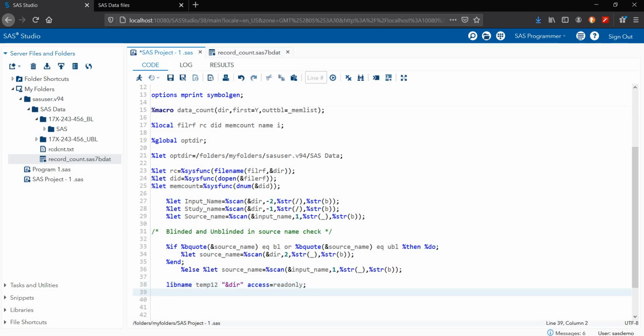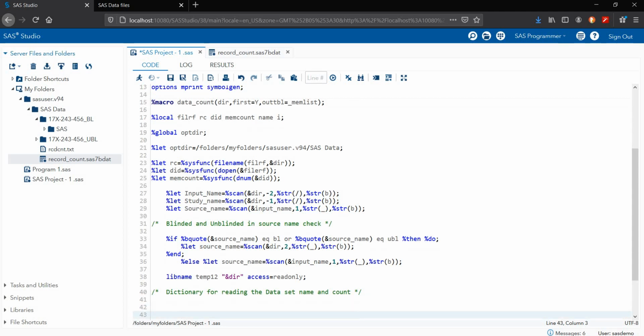Next, we are creating the dictionary here. With the dictionary we can easily read out all the data sets that are available in my library, for reading the data set name and count.